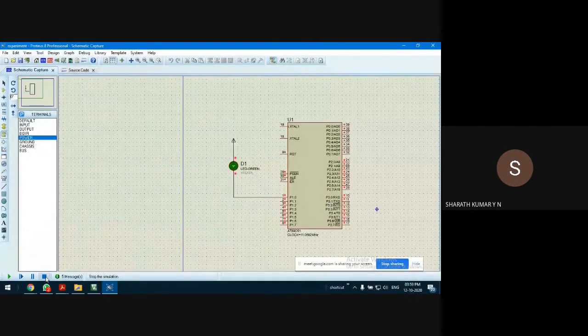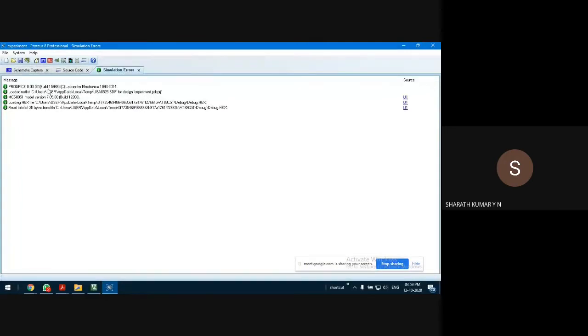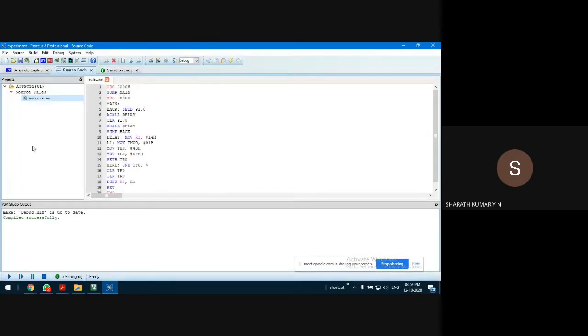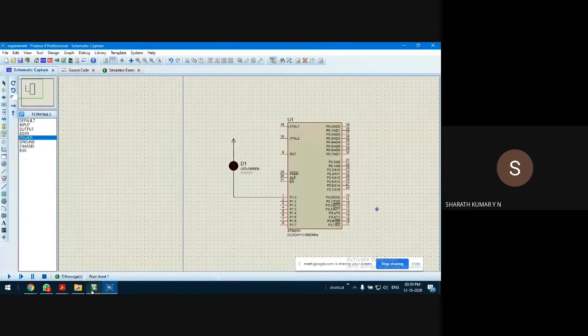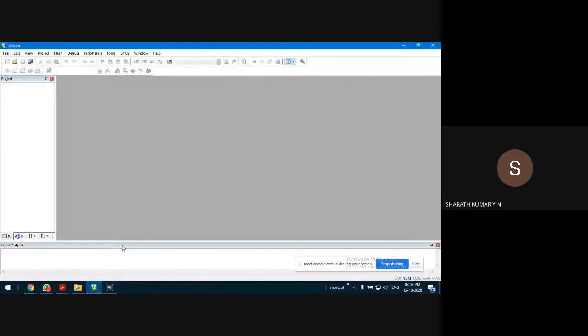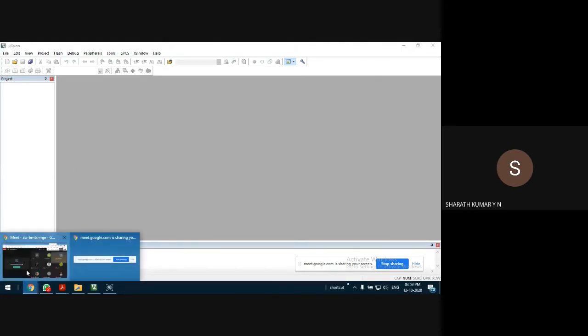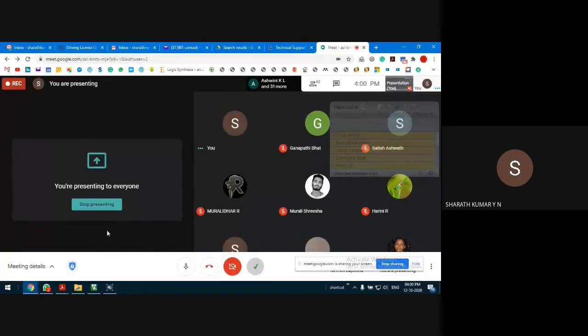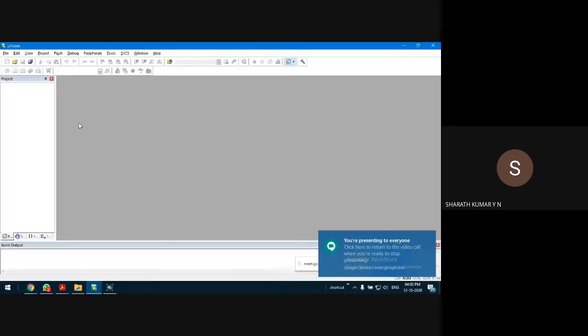How to stop the simulation? Very simple. Stop the simulation. It stops. If there is any error, it will show up in the report. Okay, fine. The other possibility is using the Keil compiler, not to simulate the program, but to create the Xcode. So to create the Xcode, we can make use of the Keil compiler. If you guys are familiar with the Keil compiler, I'll show this so that you can make use of it to generate the Xcode. Yes, till this point, is it okay, guys? It was very simple, right? Not much of a big issue. Fine. Next is using a compiler.